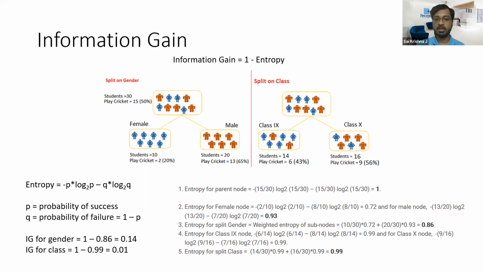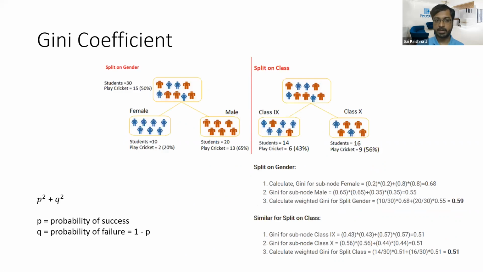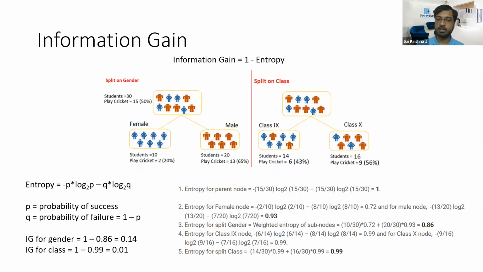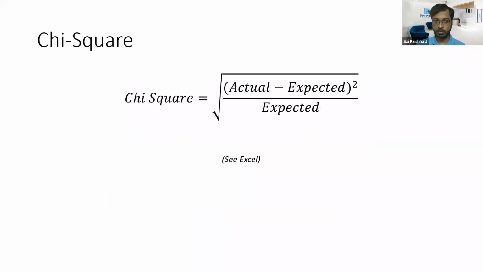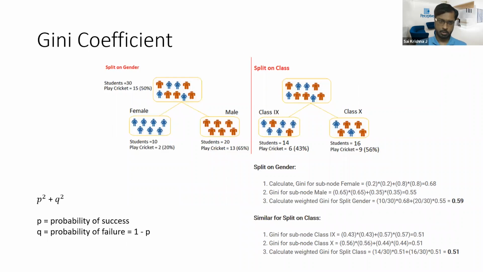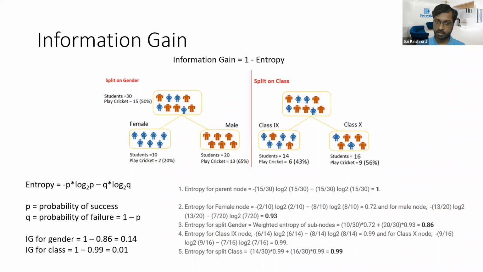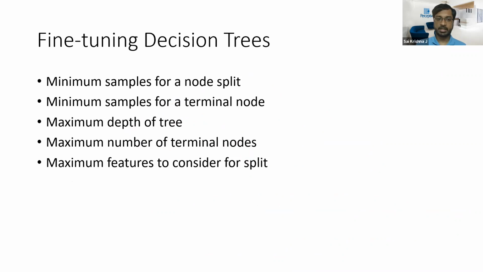So that is why the statistical software packages such as R or Python already have these parameters built in. So they have already a decision tree library or a set of functions. There you can specify which is the method to use, whether you need to use Gini coefficient or chi-square or information gain. Okay, and they also allow you to specify each of these 5 parameters as well. What is the depth of the tree, what is the minimum number of samples, and so on. Okay,